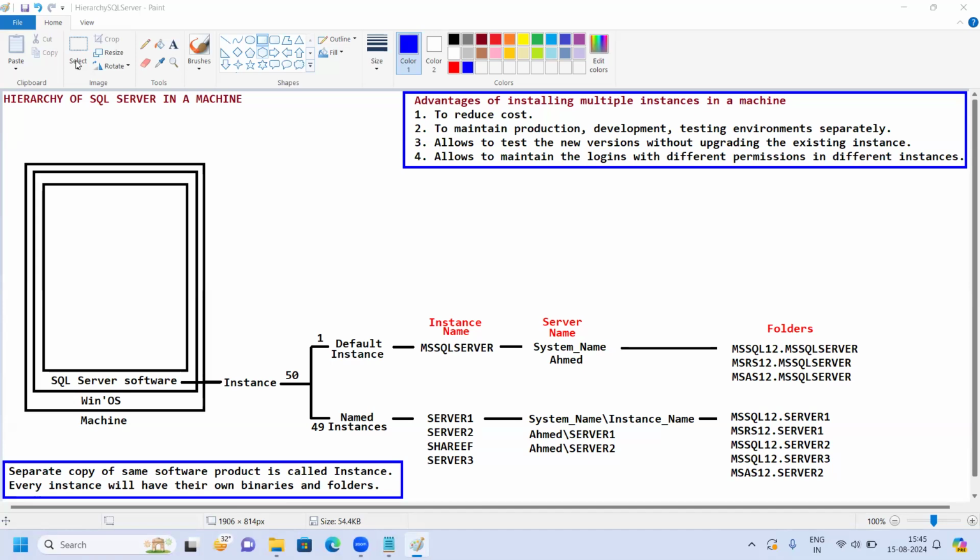Okay, fine. Then the next discussion is on the second level, your system containing the Windows OS, on which we have installed SQL Server software. Okay, this part is over. We do one thing because I feel, because